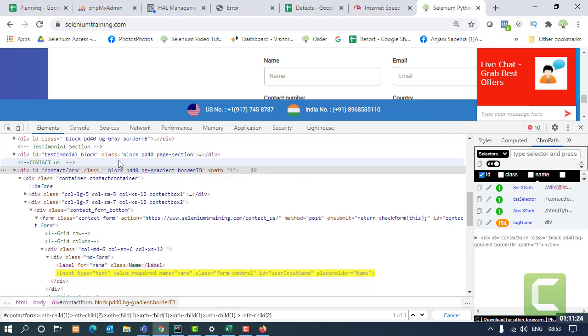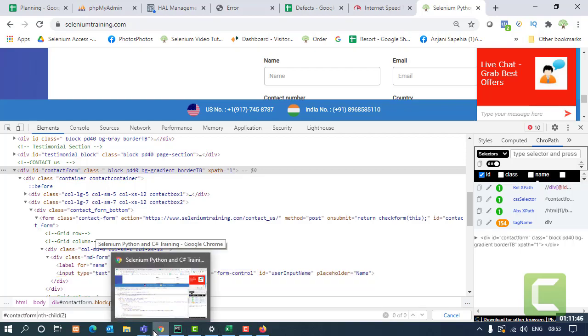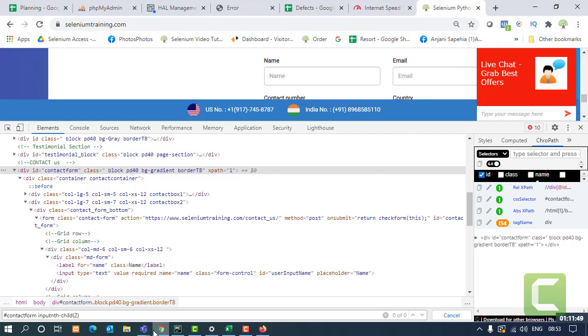That's what I can do, and it's automatically going to look for that tag inside, just by that space. So if I say, I'm going to remove all this, I'm going to let all this go, I put a space and I say input, sorry, and the tag I'm looking for has an ID saying user input name. I am not sure if I have given the right value, name, like this.